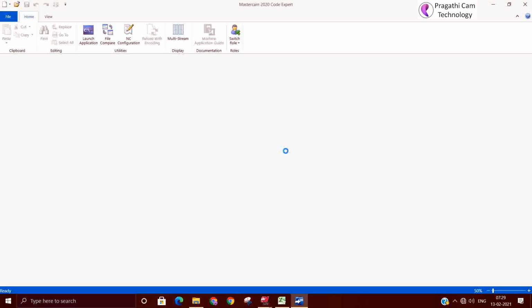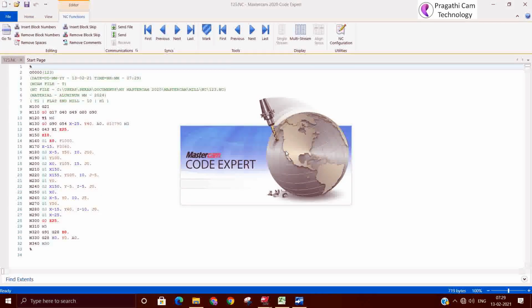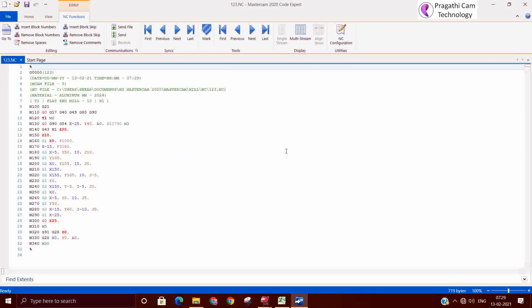It means T1, tool number 1, so ATC pocket 1 it should be, a 10 mm flat end mill. Based on your machine, whatever tool number is here, T1, the same should be there in the machine. Always your tool number in the program and the same should be there in the machine.